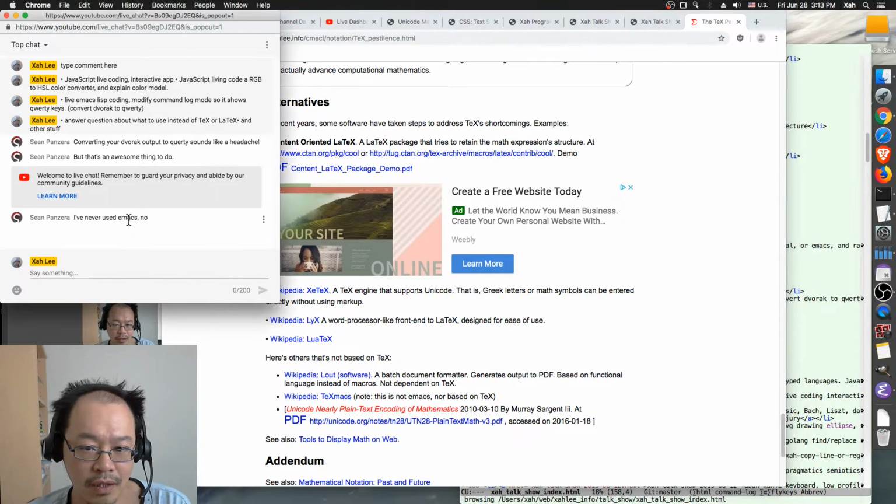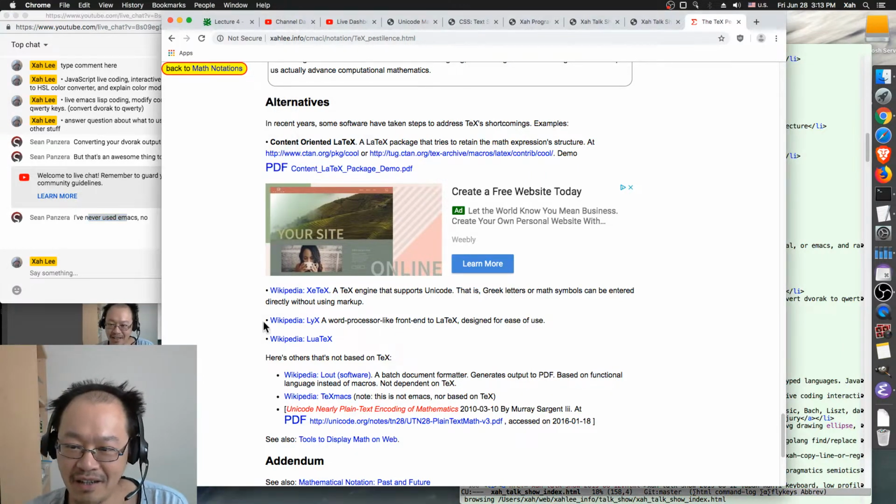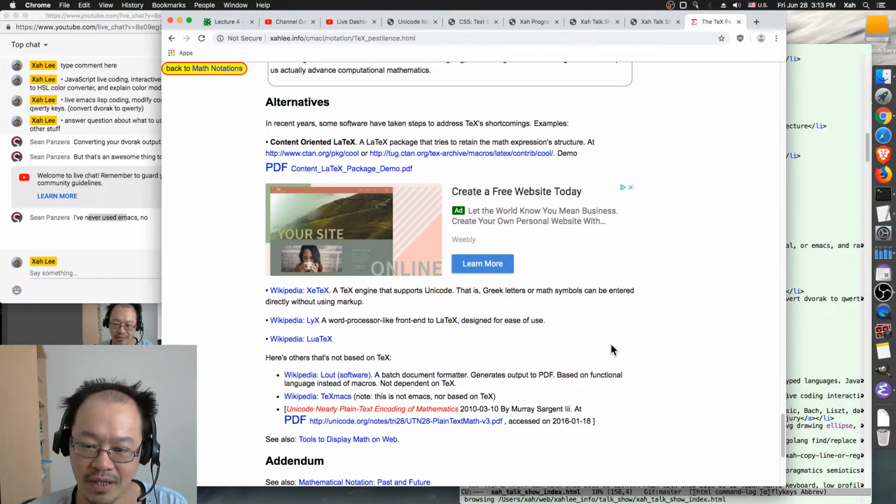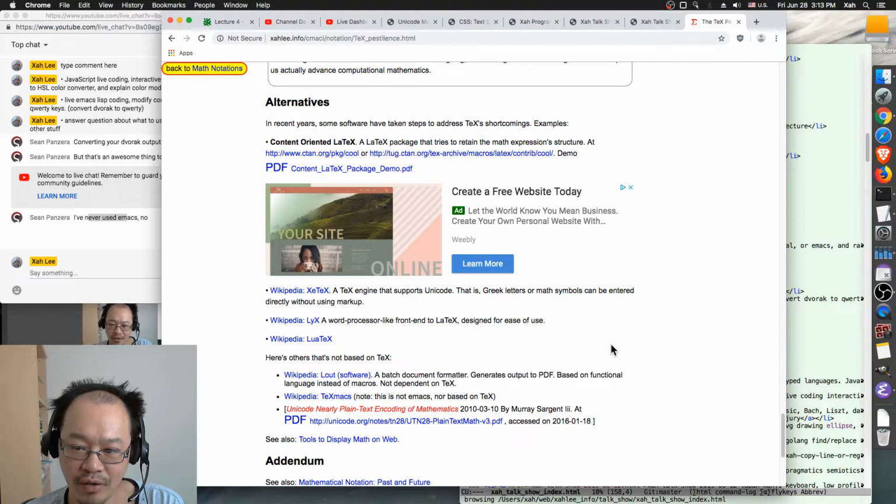Oh, you never use Emacs. Okay, so let's not do that then. So Mathematica is one alternative. It's excellent. Okay, I'm not going to show you, but Mathematica is a great alternative, and there are several others. There is, for example,